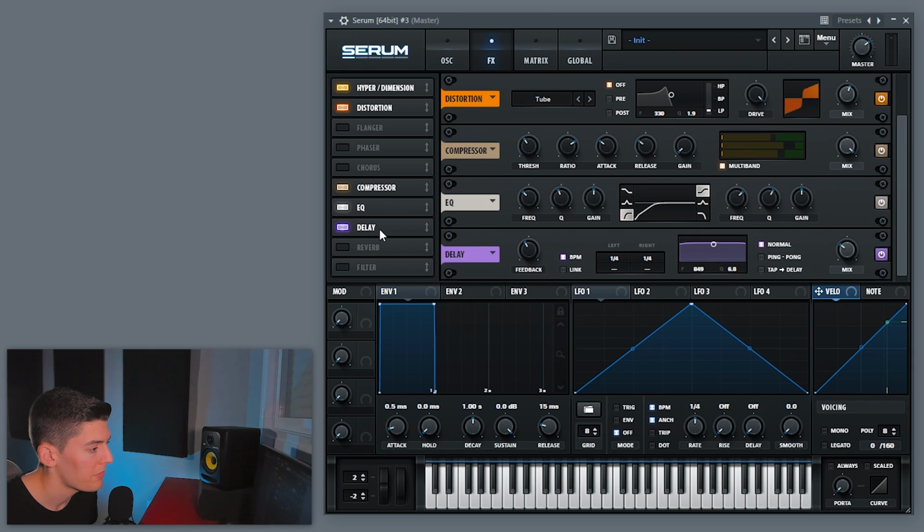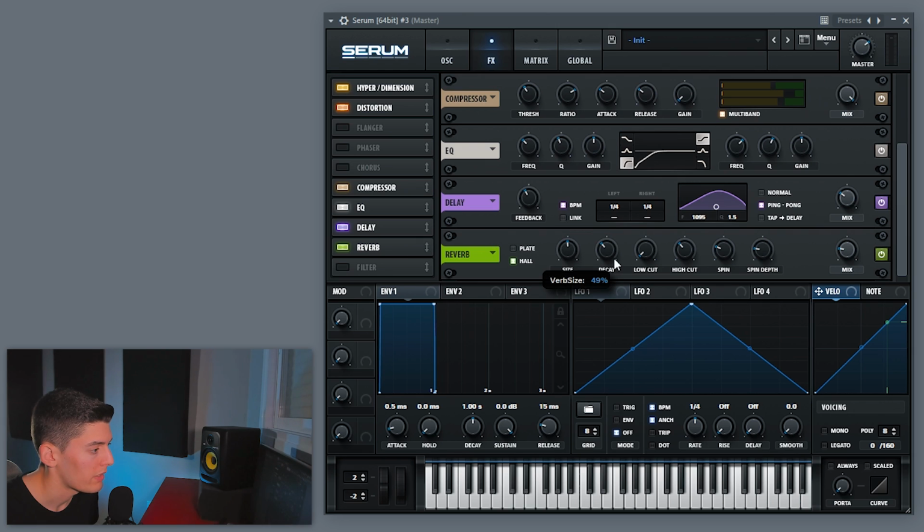And from here, for example, you can put a delay. This is like the EQ of the delay, and put a reverb. So this way sounds nicer when you just try it for the first time. So as you can see, this sound is so clear and has a lot of definition,